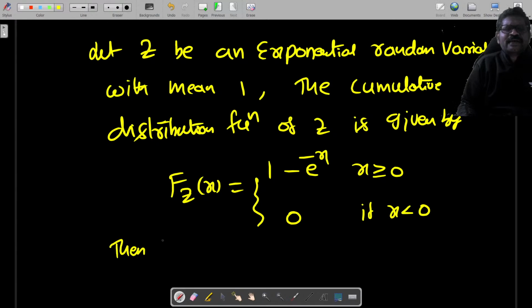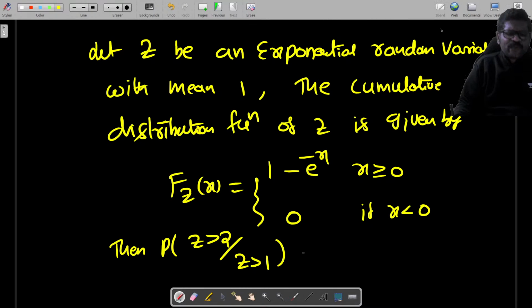Then the probability of Z greater than 2 given Z greater than 1 is: